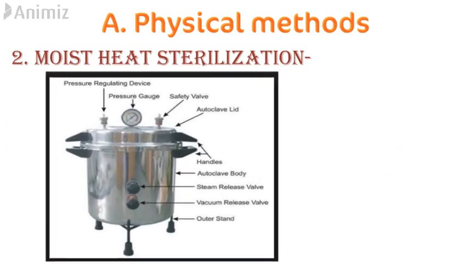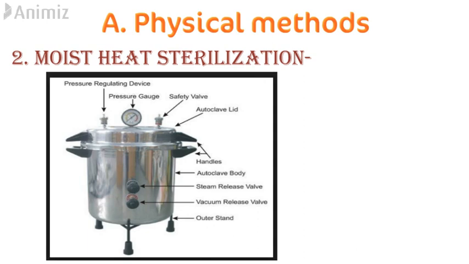This is done by using an autoclave, which is a pressure cooker like instrument in which we pour sufficient water, we put a stand, and on the stand we put the object to be sterilized. The heating element at the bottom boils the water and steam generates the pressure inside the cooker or the autoclave.